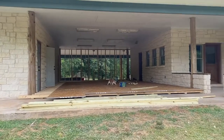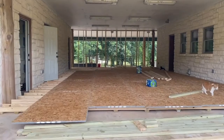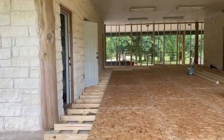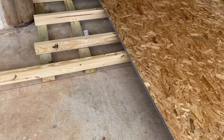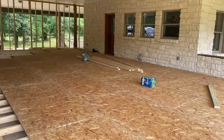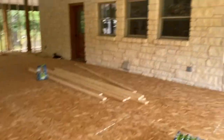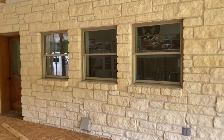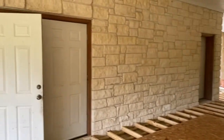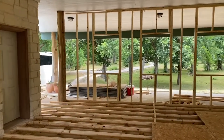This is the back of the house, and the framing is underway. The floor has been raised up to match with the rest of the house, and the subfloor has been put down. We will have this limestone on the side wall and limestone over on this side wall, and a lot of framing happened today